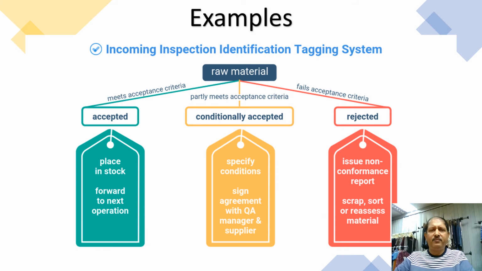Some of the examples: suppose when we have incoming inspections on the raw material, this is generally what we do. We get the material, everything okay, no issues, we just tag it with the green tag. If there are certain conditions, okay, handle it separately, maybe pass it into the next process, but we have to do certain additional activities on that so that it gets okay in the subsequent process. That is what we call conditionally accepted, put a yellow tag. And something we don't touch, we cannot even use it, just scrap it or return it back to the vendor from where it has come. That is with the red tag.